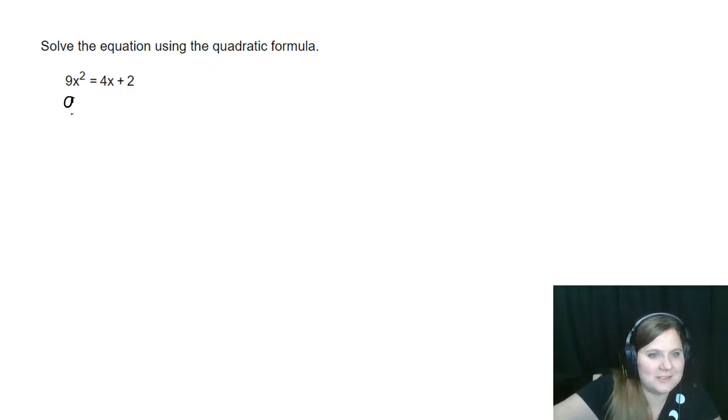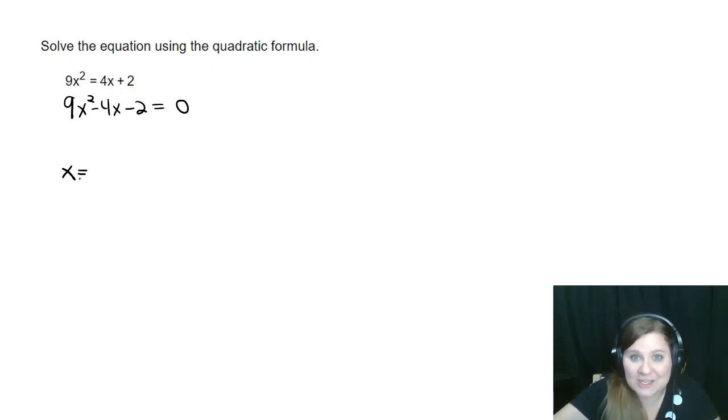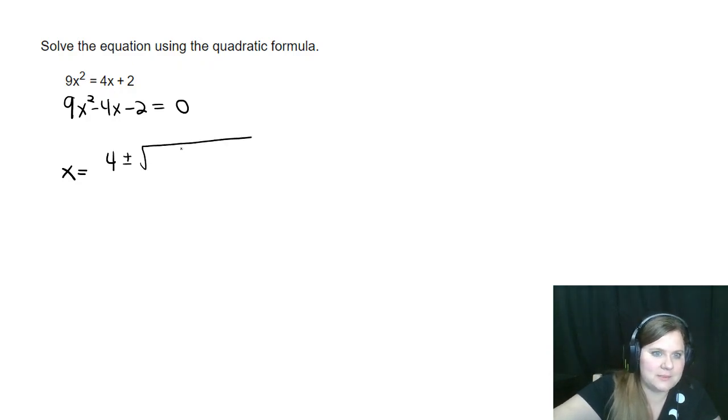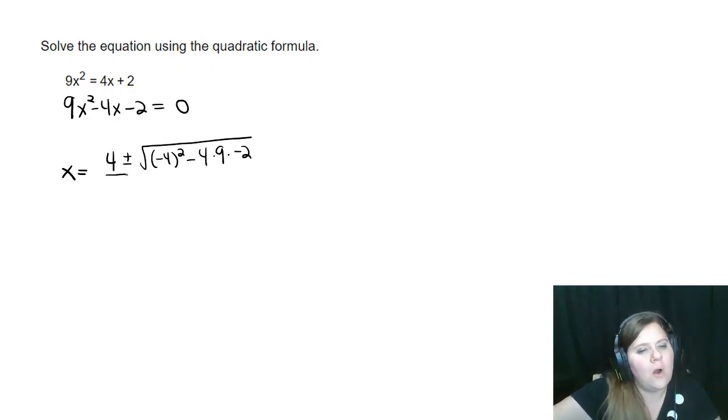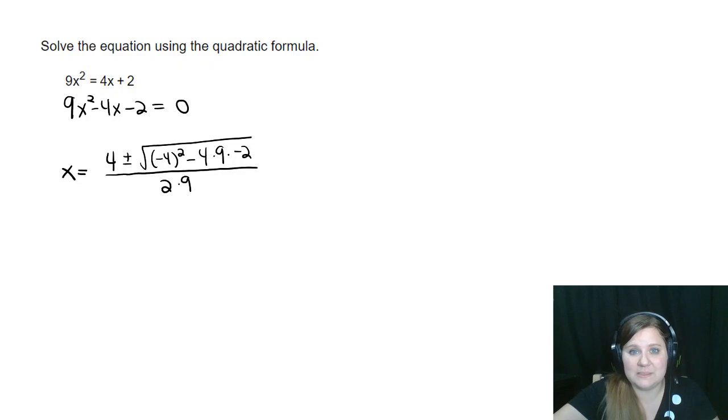Okay, so first we subtracted 4x and we subtracted 2. Now I can write x equals, again, double check that you wrote x equals negative b plus or minus the square root of b squared minus 4ac all over 2a. Now, one of the places that I see people make the mistake most is b was